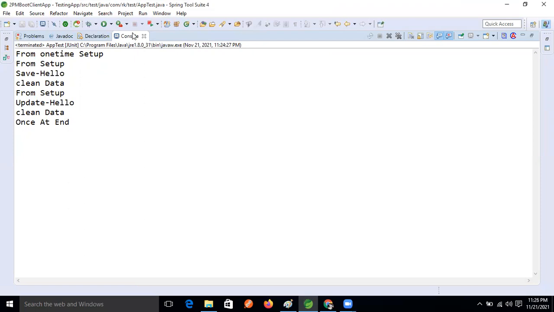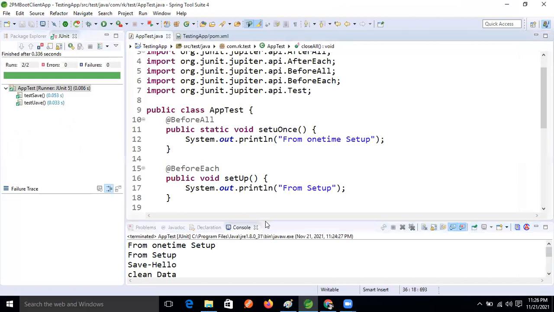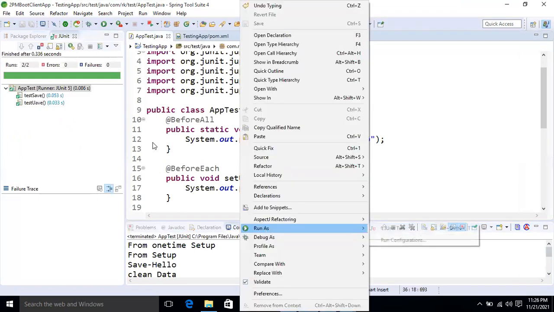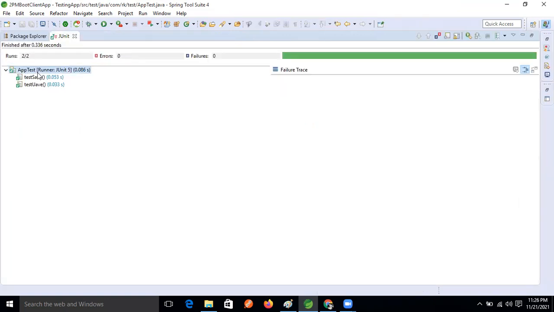But see this, what we will see here, guys. Now by default, whenever we are running our test method, observe this one, right? ApplicationTest, the class name is coming by default, right?